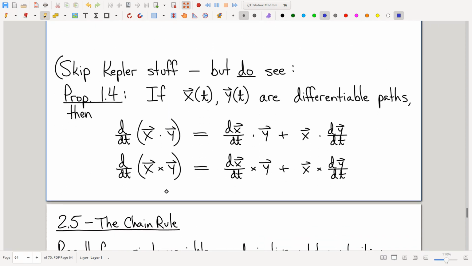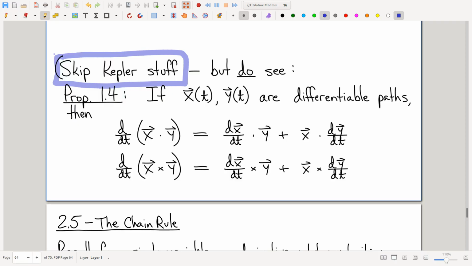Okay, I'm going to point out that while most of what I'm going to call the Kepler stuff in this section is tedious, lots and lots of calculations that relate to how Kepler came up with his laws of planetary motion, it's cool math, and it's fun and interesting and historically relevant and kind of fascinating in that sense, it's too tedious for this course, and you're not responsible for that stuff. I mean, give it a look if you're curious, but you don't have to.